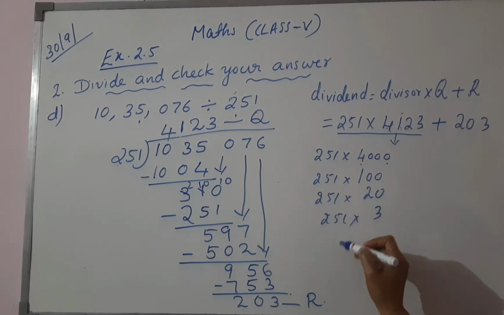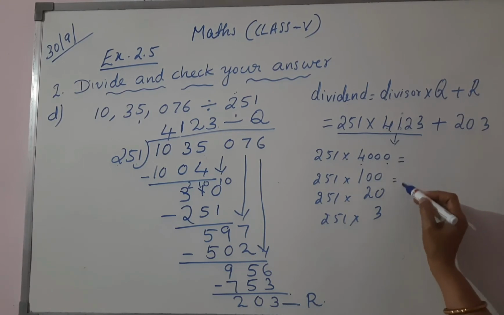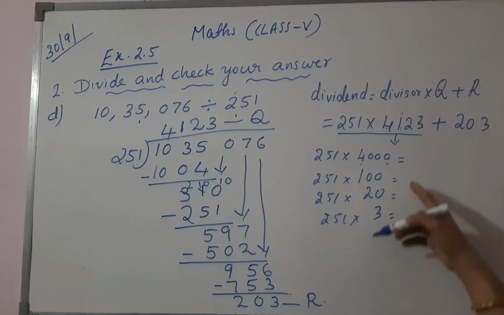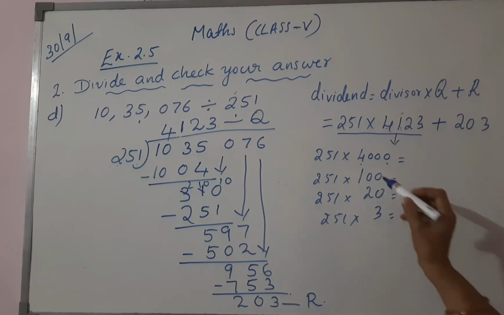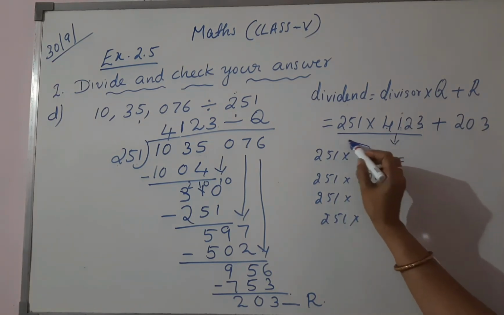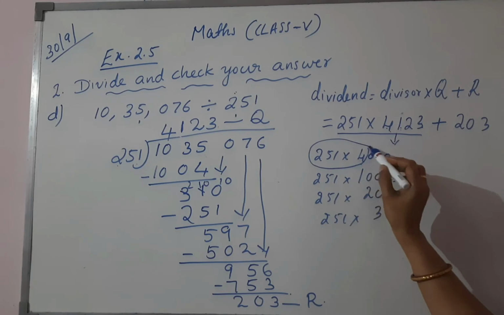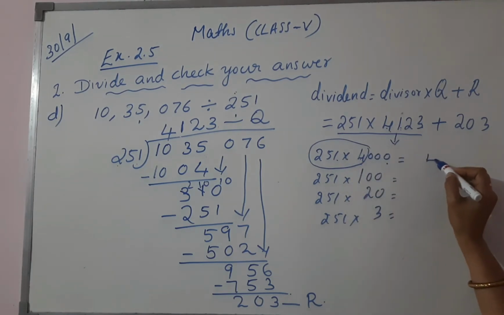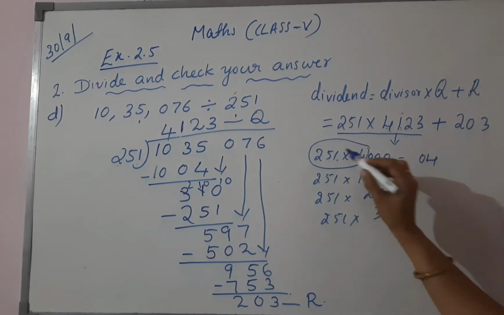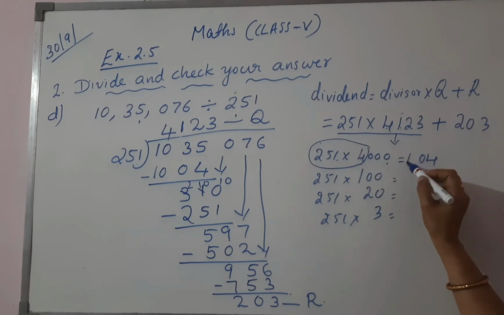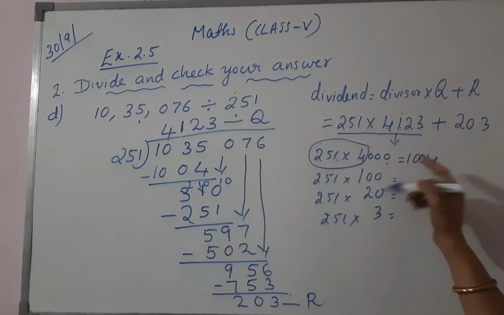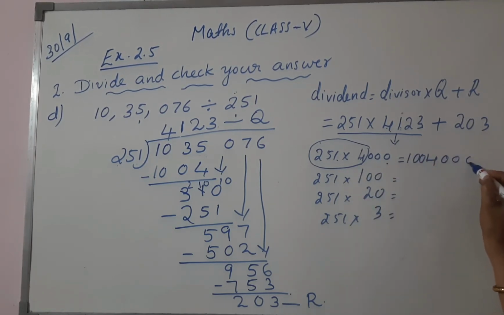In one video we explained how to do that multiplication. So we can multiply, then we can add that. This is the easy method. 251 into 4. So first you have to multiply 251 and 4. 4 ones are 4, 4 fives are 20, 4 twos are 8 plus 2, 10. How many zeros are there? 3 zeros. Write those 3 zeros here.